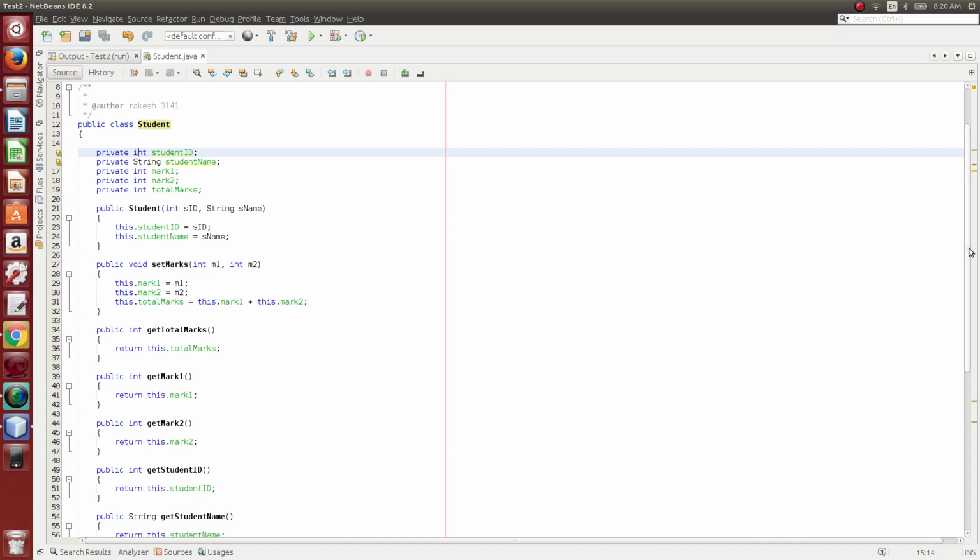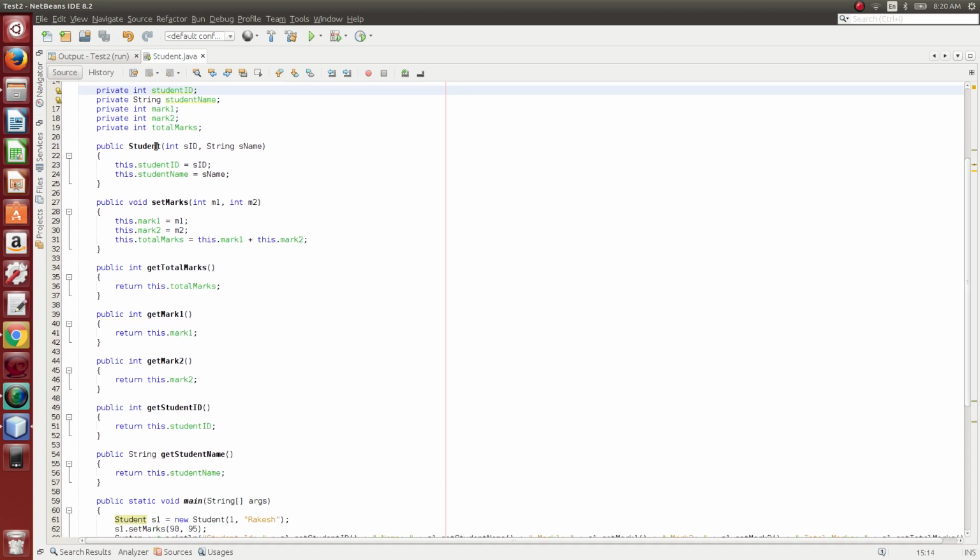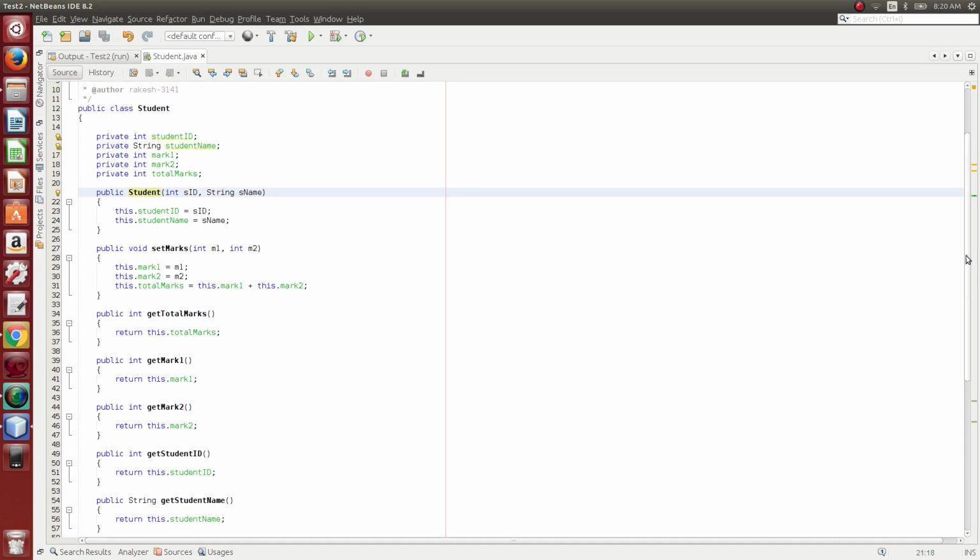And then comes the constructor. If you want to build any building, you need some basement. Like that, for building a class or an object, you need a constructor. If you forgot to give a constructor, Java automatically gives a default constructor at runtime. Now I have explicitly given a constructor called the Student constructor with 2 arguments.